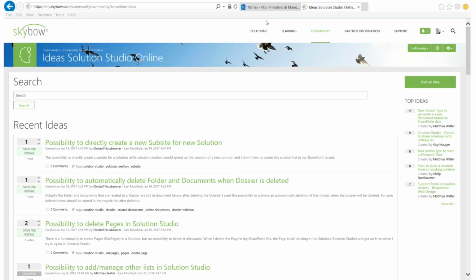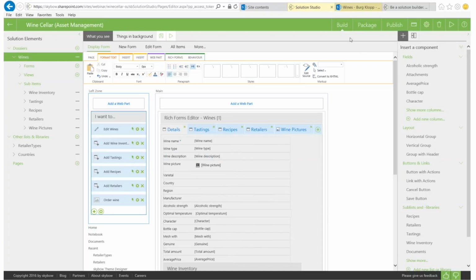And another thing I want to mention in here is, of course, the most important for us is how it is licensed, because that's really important for you. You as a builder, one user is always for free, so you can register for Solution Studio and start building your solutions. You can try everything out for free. And here, if you want to make it productive,